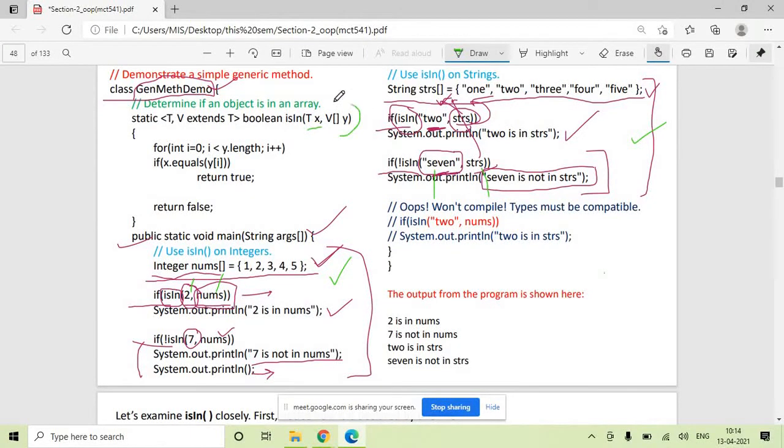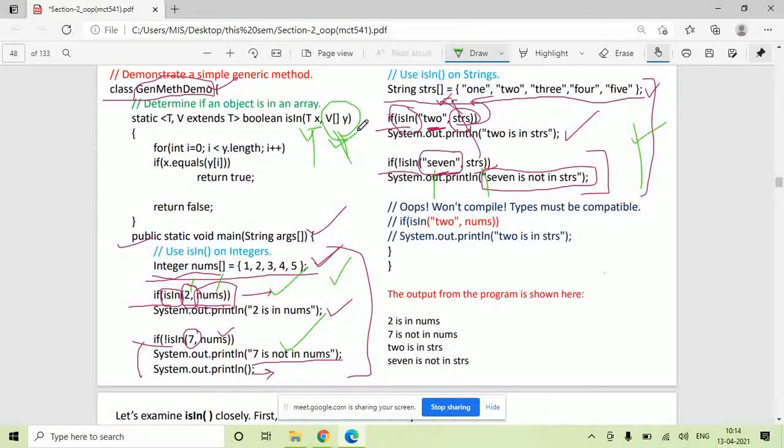And the second argument is treated as a V array. So in the first case this V becomes an integer array, and in the second case this V becomes a string array. We are passing two arguments: one is an integer and an integer array. So in the first case T becomes integer and V becomes integer array to handle these two scenarios. In this case T becomes a string and V becomes a string array.